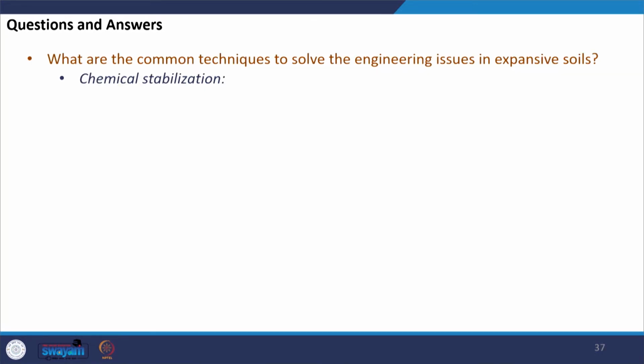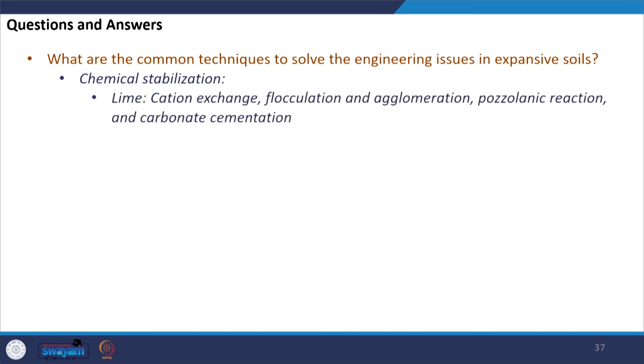There are more techniques which fall under chemical stabilization. In fact, if we compare all the techniques, chemical stabilization is the most popular technique which is commonly used to deal with expansive soil. Under chemical stabilization, we have various methods that are available, which means we have various chemicals that are available to stabilize the soil, the most popular being the use of lime. When lime comes in contact with the soil, there is a particular mechanism which is itself chemically complicated to explain because the process is very much involved, but